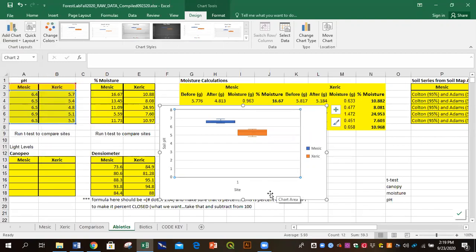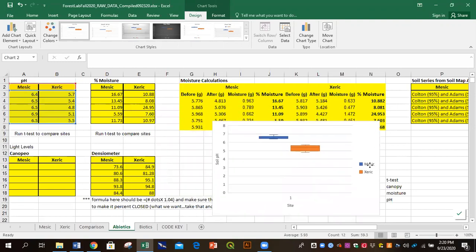All right, now, what this is showing is the median value of the mesic's soil pH and the xeric. If there was overlap, there would be like a statistical thing that we need to evaluate. So let's just put this one aside and let's move over and do our moisture graph,